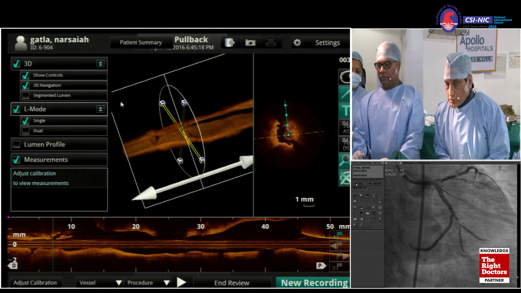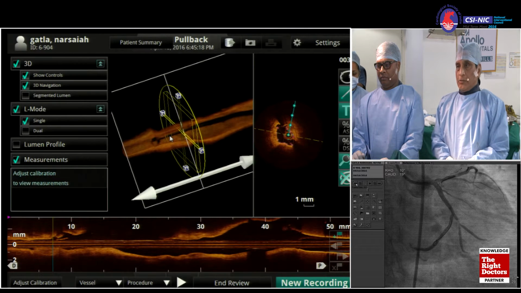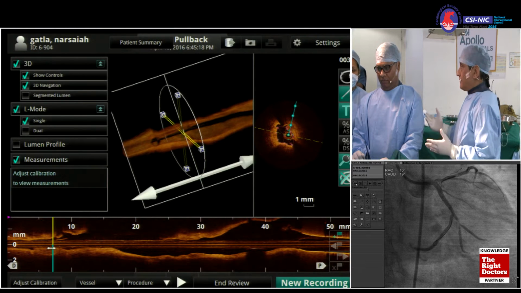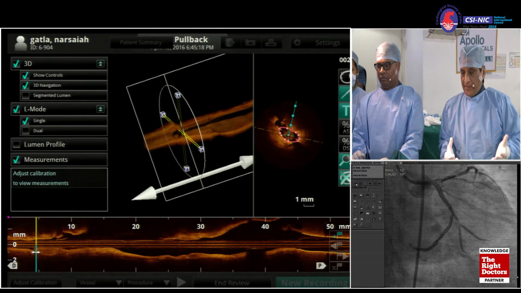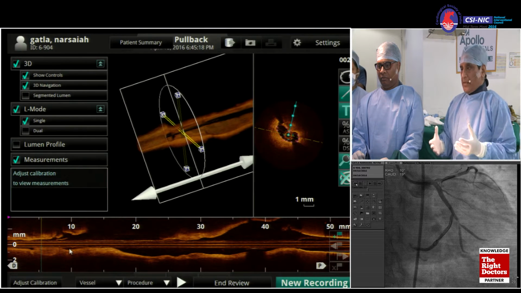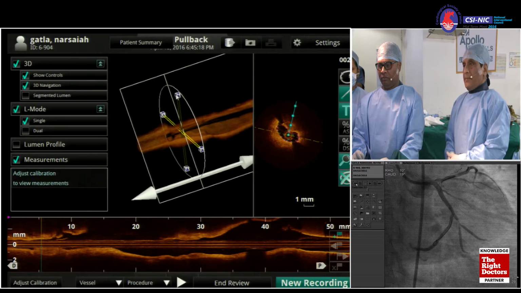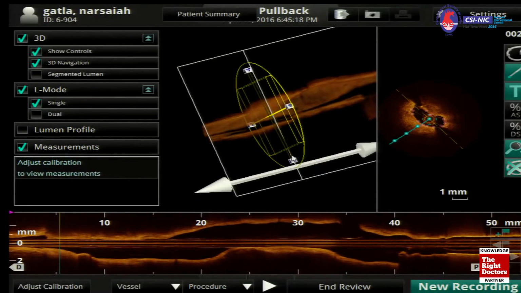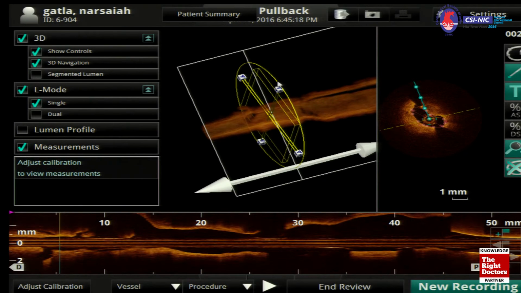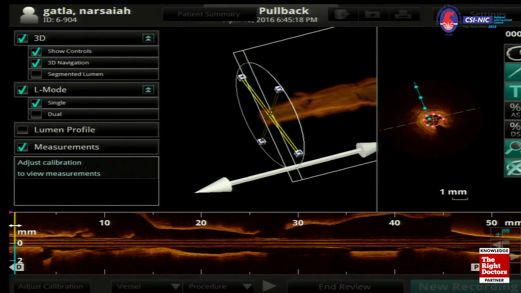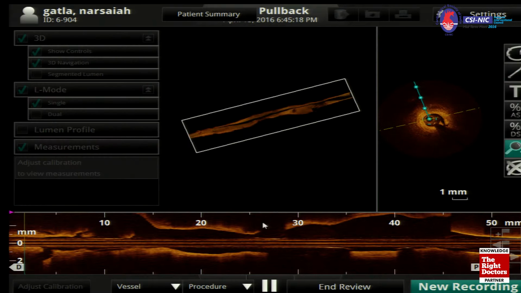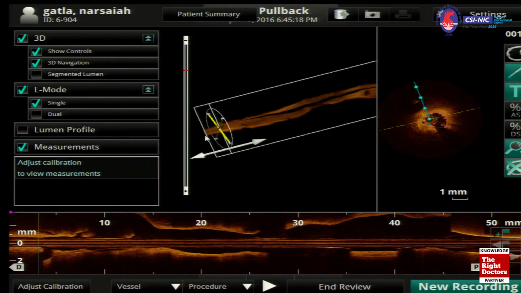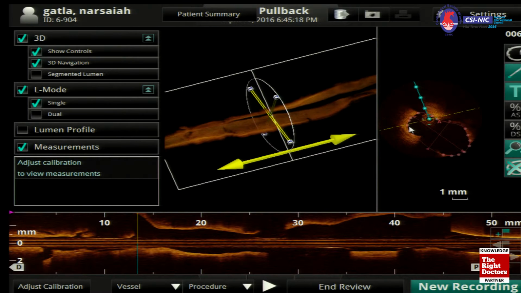Now, do you need OCT in this particular case? The answer to that is no, but it is just for educational purposes, for learning ourselves how these bifurcation lesions behave and what the predictors are. We actually have a few papers coming out in the next 2 months in JACC Imaging, JACC Interventions, and CCI about predictors of side branch occlusion when there is no disease in the side branch. We know that in about 5 to 10% of cases you can have side branch occlusion.